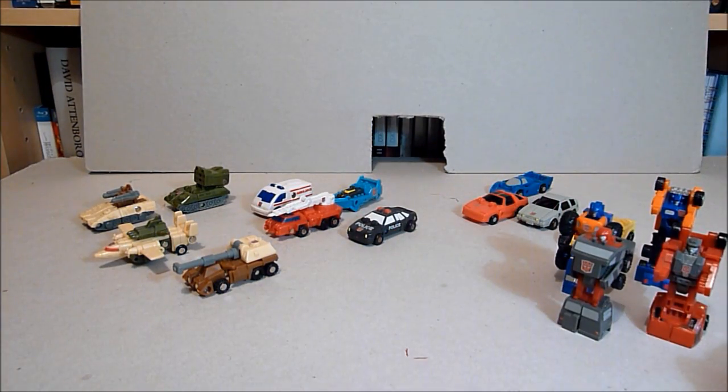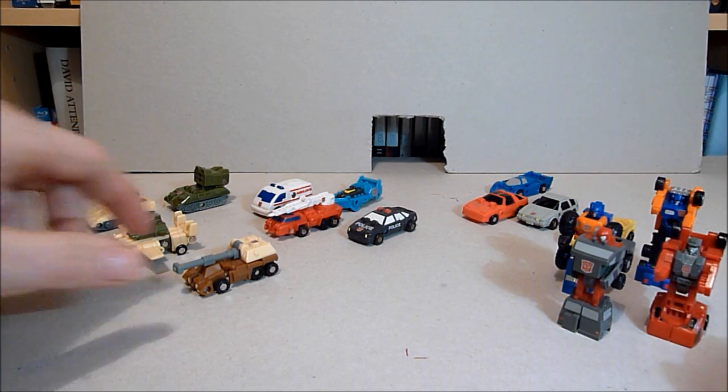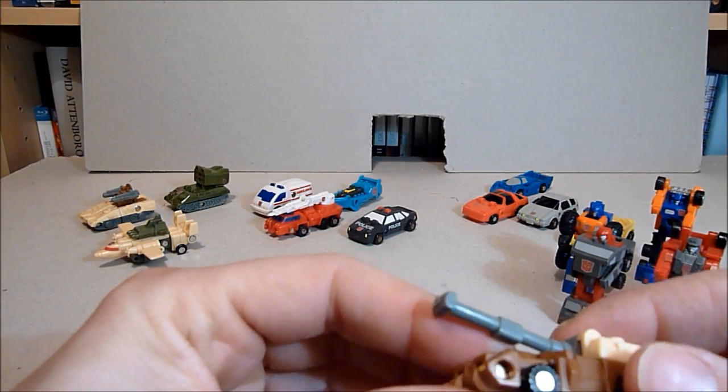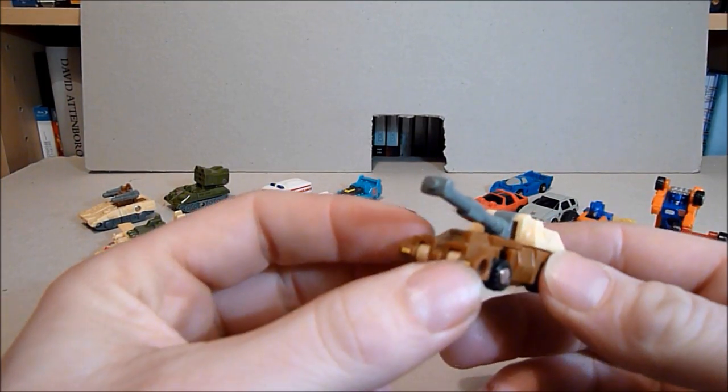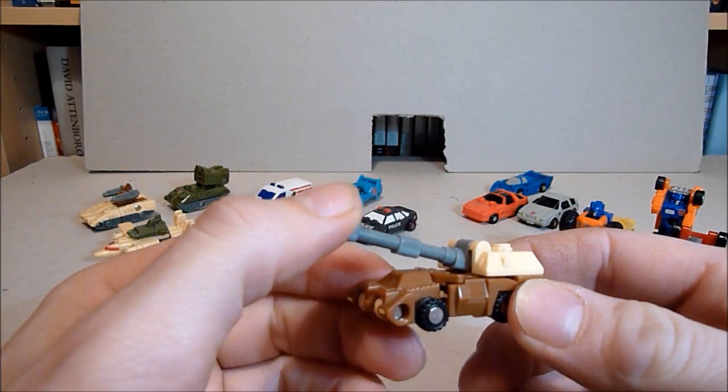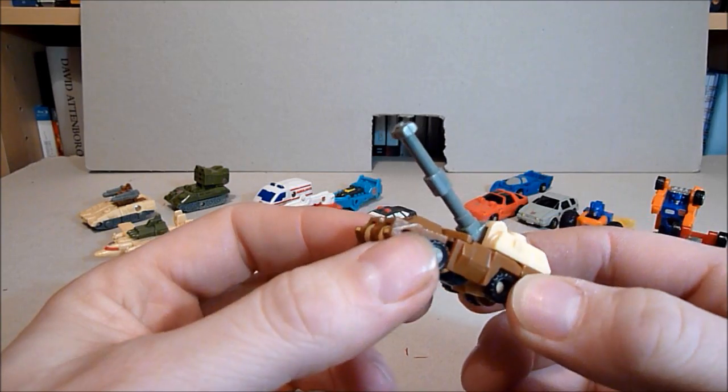Unfortunately, that's just due to their size, really. But what can you do? The next one we're going to go to is the other one I had as a kid. This is the Autobot, I'm sure it's the Battle Patrol, or is it the Military Patrol? I can't remember. But saying that, these are actually really good. I went for these obviously because they were like military vehicles, and that's pretty good, especially for Autobots because you